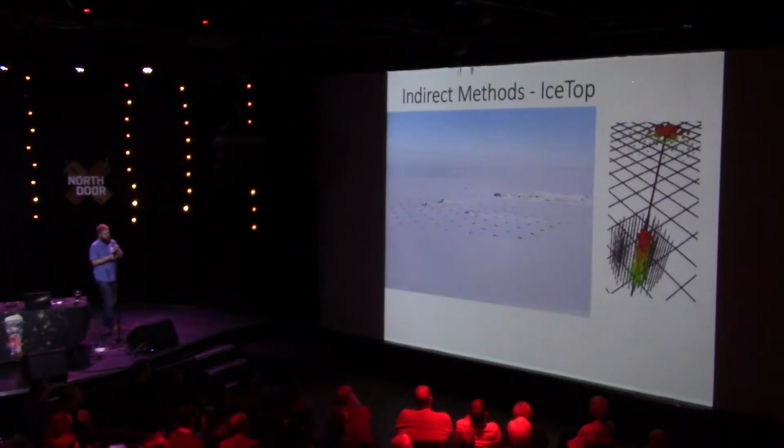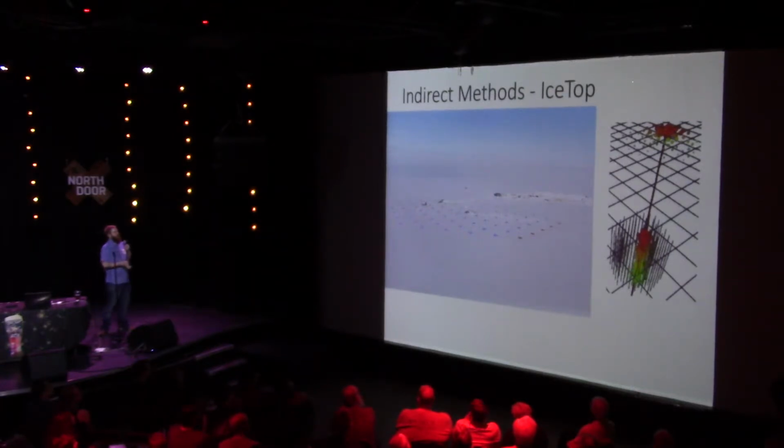So this is one example of an indirect method observatory. There might have been talk at some point about IceCube, which is done in the Antarctic. This is IceTop, which sits above it. And every site here you see has two little detectors, so that when a cosmic ray, an energetic particle, hits and goes into the ice, it will emit this radiation, and it will create a signal which they can then track.